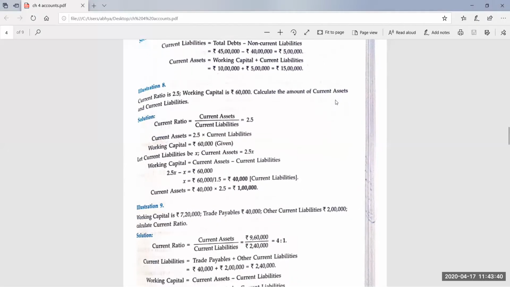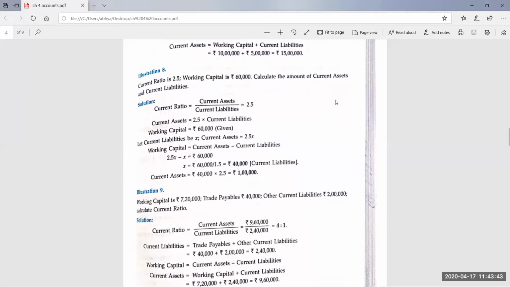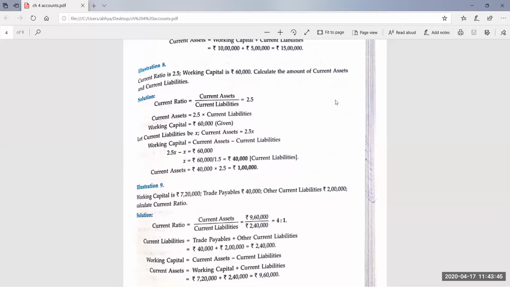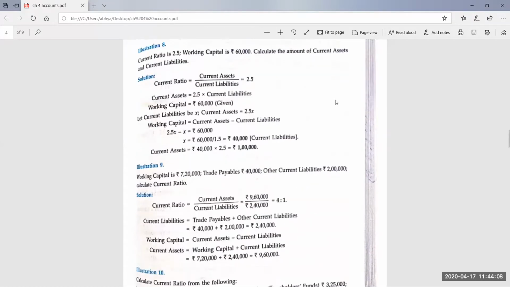You can check that earlier we were doing questions where the whole concept was given. But what is changed in this question? Here the whole concept is not given. We need either current assets or current liability. Working capital is already given. So here for current liability, two individual concepts are given. Which two? Trade payables and other current liability. So to find out current liability, we will add trade payables and other current liability. So the total is 240. Now by using the formula of working capital, find out current assets.